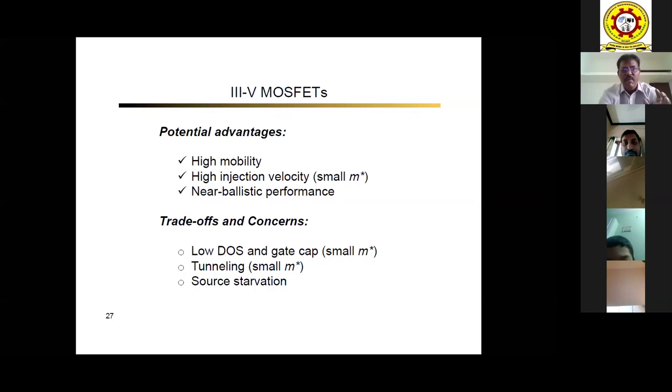When we are seeing a movement of the carrier from the source to the drain, we assume that the carrier is moving in a straight line, correct? The carrier, in the sense your electron, is moving from the source to the drain in a straight line. This movement is what we wanted, right? So that is what is called ballistic performance. But is it happening in reality? To some extent,